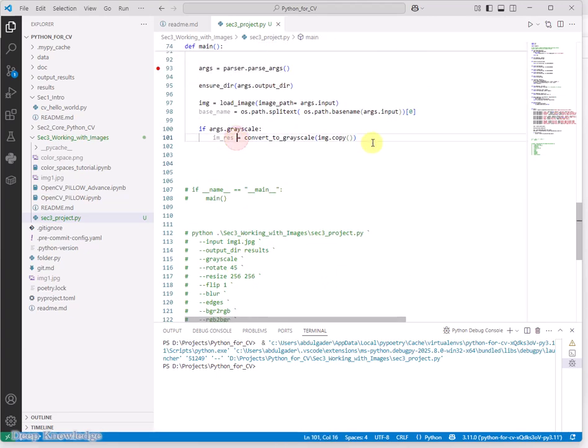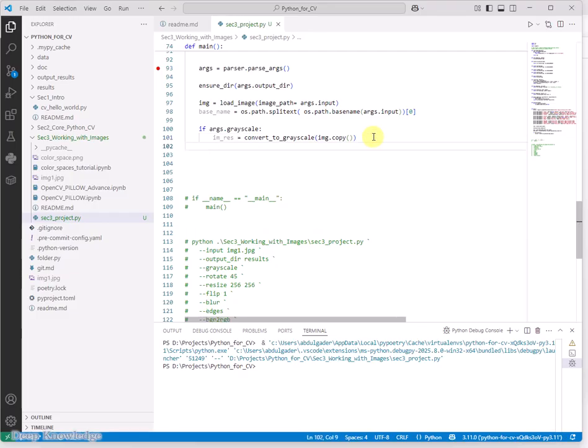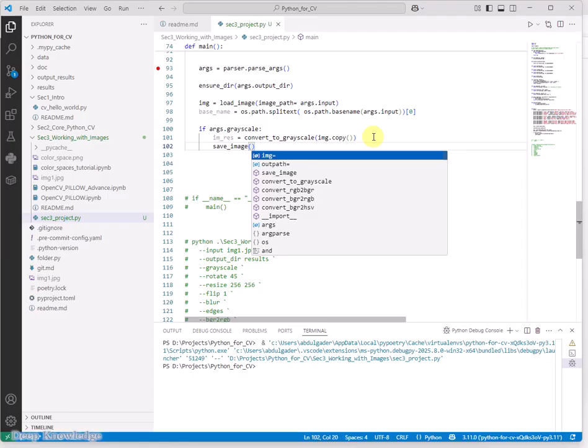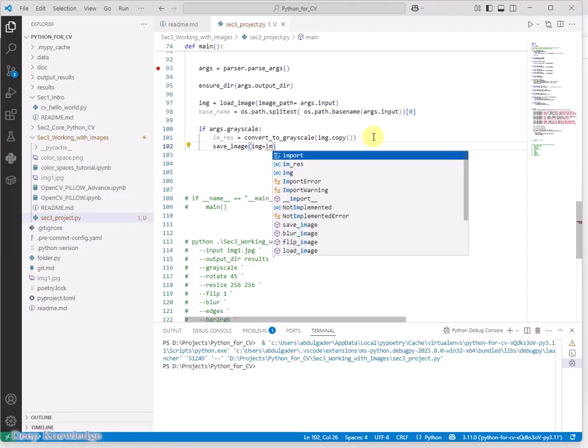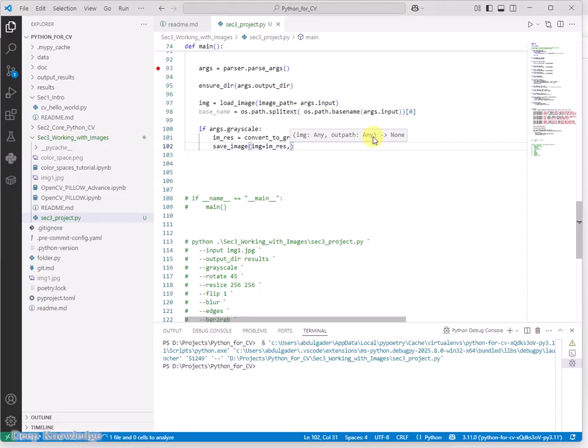Okay, now I can see here save image, and image is image result, and we also need the output path. How to get the output path? We can see, let's just give it